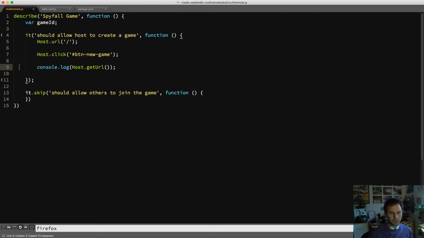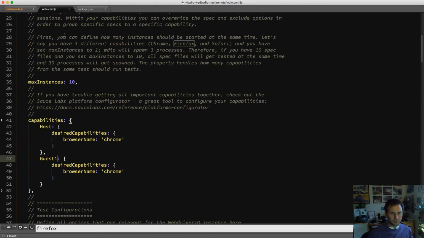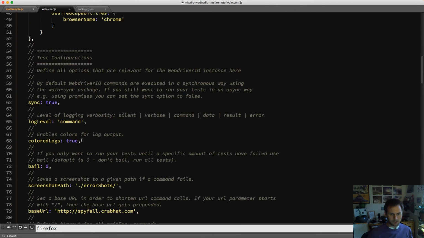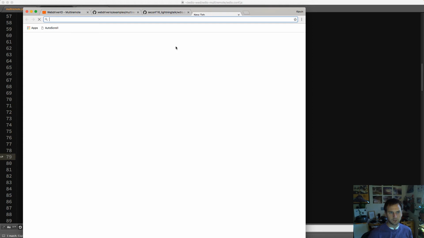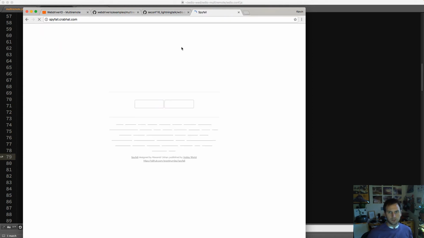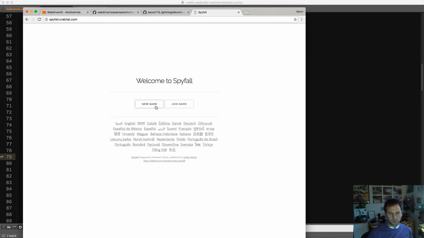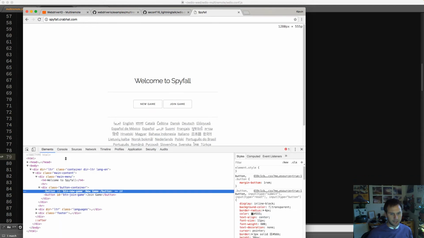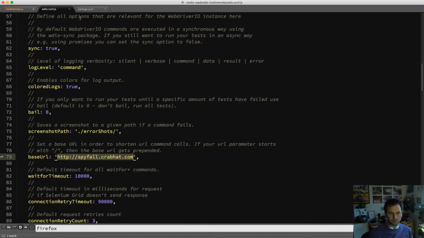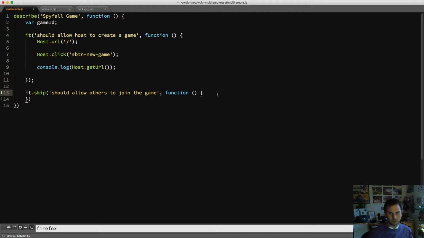And actually, let's bring up what this page looks like so that we can go through it, because you may not be familiar with it, and I kind of forgot what it looks like. So you would do new game. If I look in my elements, I have my ID of new game. I'm also going to use this join game in my other